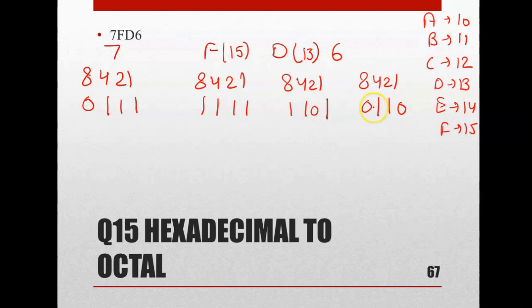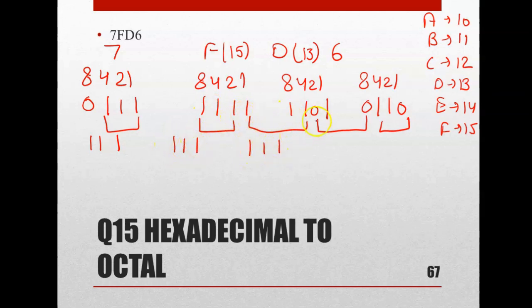Now you will start doing the group of 3. Okay. So you will start from the right side, right to left. You will move it here like this only, like I am moving, and then you just write it down like this. Okay. So it is 111. And then again we have one more pair, 111, and then again one more pair, 111. And then we have 0, 1, 0. And then we have 1, 1, 0.